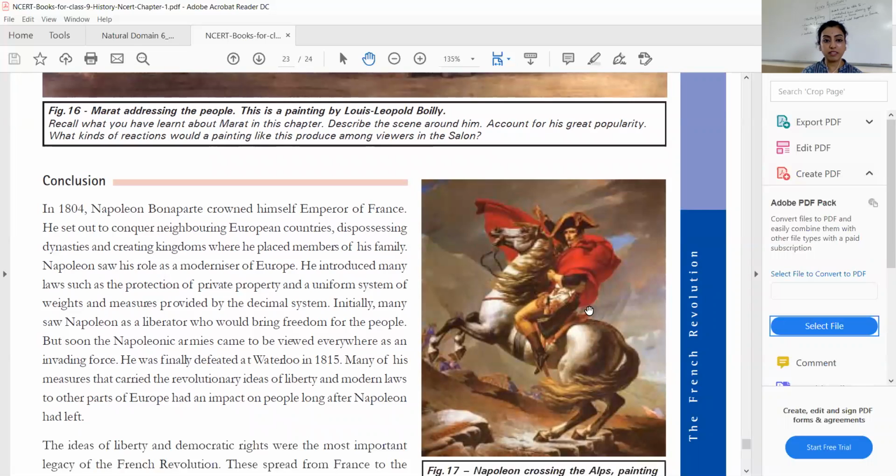Initially many people saw him as a liberator who could bring freedom for the people, but soon Napoleonic armies were viewed everywhere as an invading force. When Napoleon became emperor, people actually liked him. People saw that he would bring some changes for Europe, and that for France he would work for the people. Initially many people saw him as a liberator, somebody who will give them freedom. But slowly they saw that Napoleon and his armies were actually trying to invade,